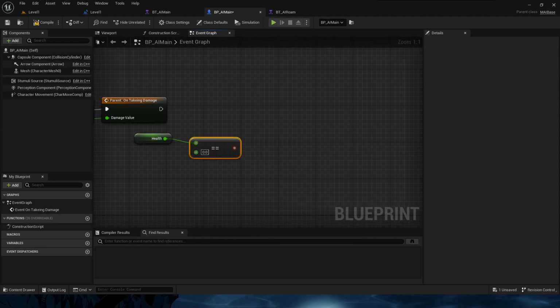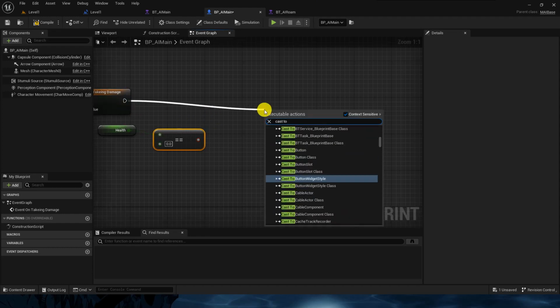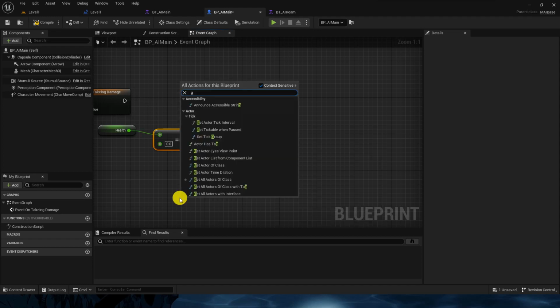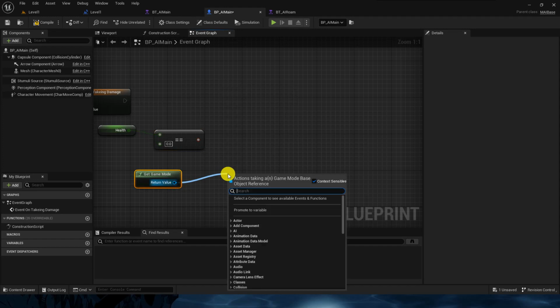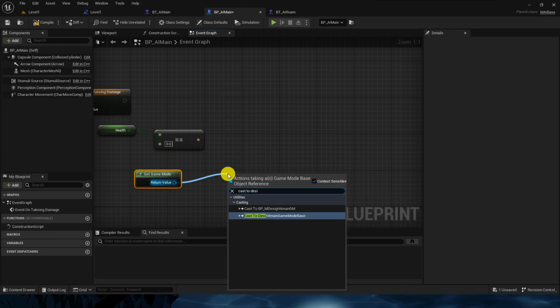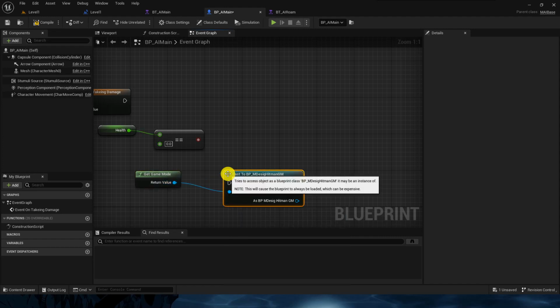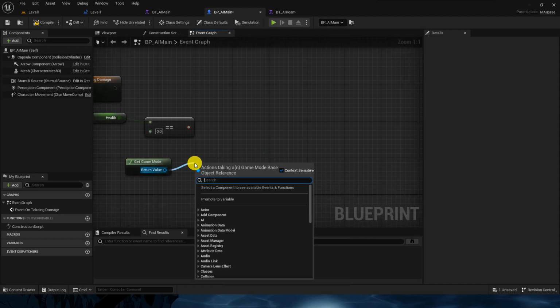then I will just get game mode, cast to DC Hitman. We can actually cast to the C++ one also.